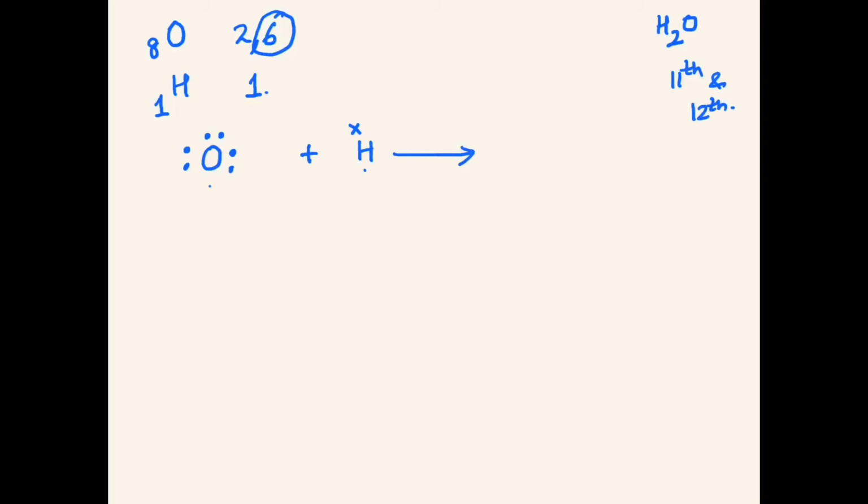Hydrogen comes to oxygen: boss, I need your help. I need to complete my duplet. Would you like to make friends with me? Oxygen says, why not? I also need 2 electrons. We can be friends very well. So oxygen goes to his family and says, hey guys, there's this hydrogen who needs 2 electrons. I want volunteers. Good, there we have them. One volunteer forms a bond with the hydrogen atom. Another volunteer forms a bond with the hydrogen atom.